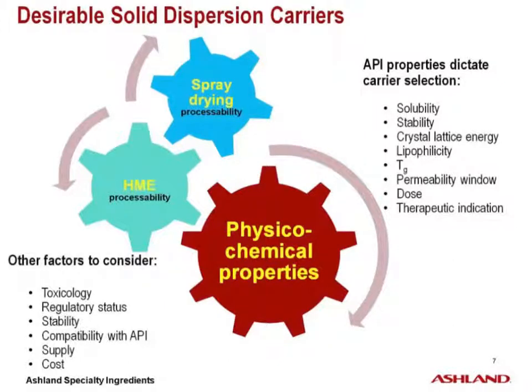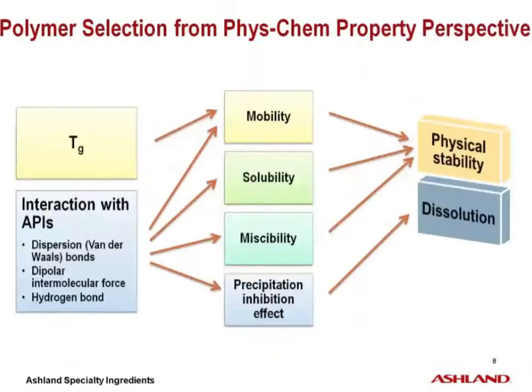Typically, the major things to look at during polymer selection are their physicochemical properties and their processability. Of course, other factors such as their safety, regulatory status, and compatibility with the API should also be considered. From a physicochemical property perspective,